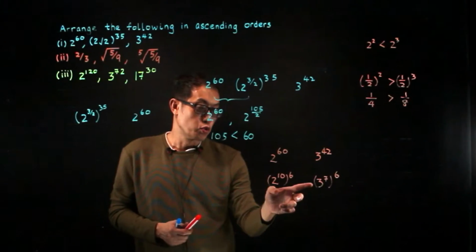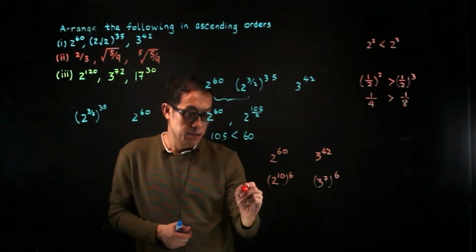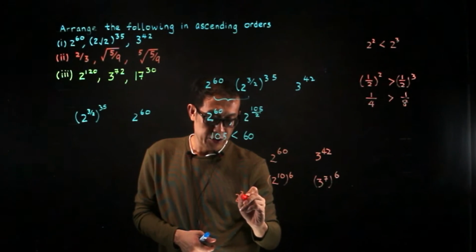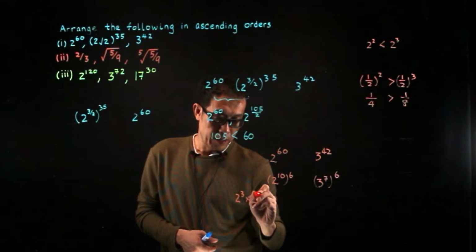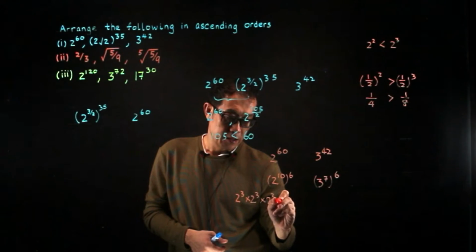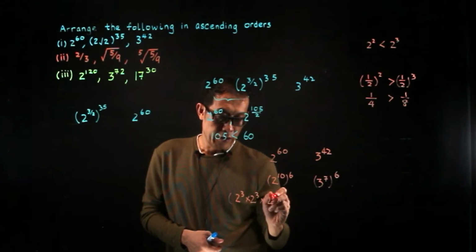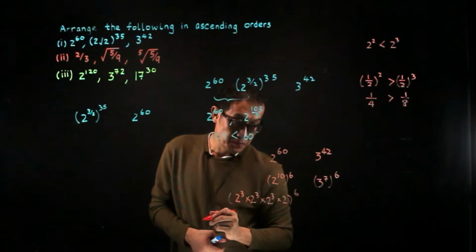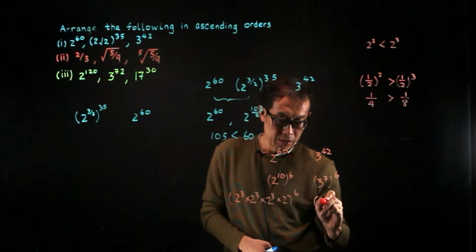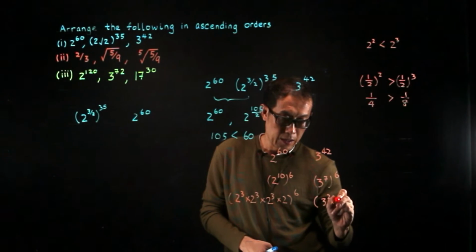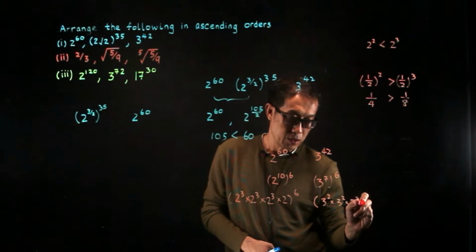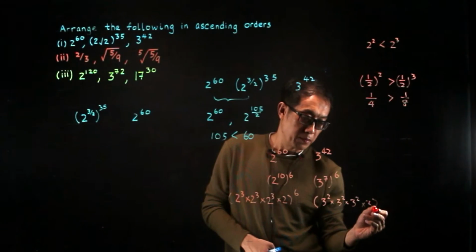Now I can break this 2 to the power of 10 in the form of 2 to the power of 3 times 2 to the power of 3 times 2 to the power of 3 times 2. Now I explain to you why I do that. Now over here I have 3 to the power of 2 times 3 to the power of 2 times 3 to the power of 2 times 3 to the power of